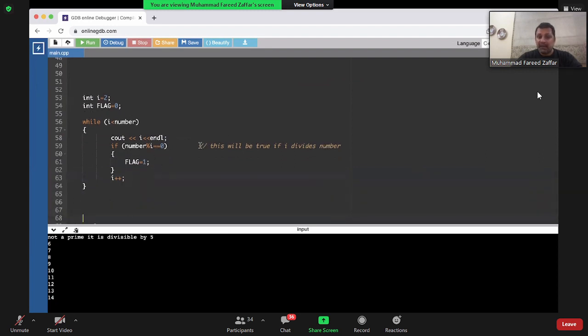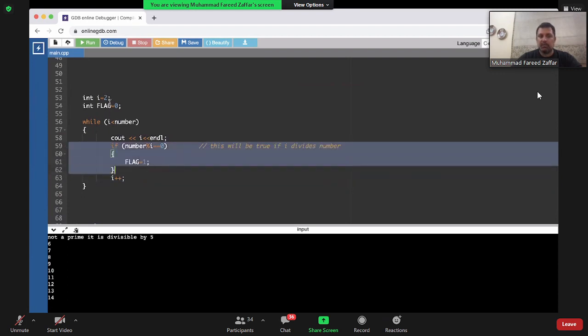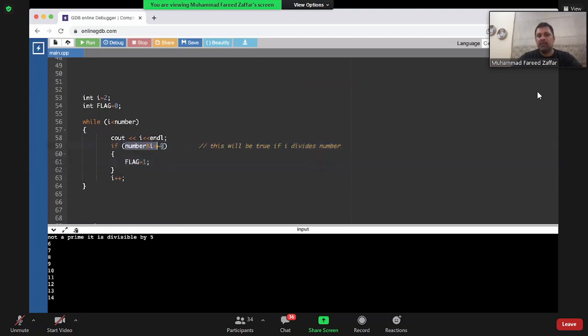लेकिन if it found any number that divided the number completely, flag की वैल्यू 1 होगी. Otherwise, if there is no such number, flag की वैल्यू क्या होगी? 0. क्योंकि if no such number exists, flag will always be 0. Flag कहां सेट हो रहा है? When you find a number जो पूरा पूरा उसको डिवाइड करता है.